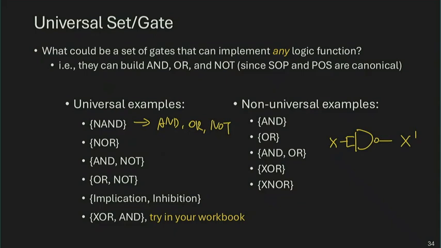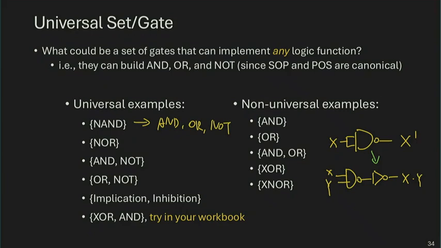And since I already know how to build an inverter, I simply need to add that NAND-based inverter to the output of a NAND gate to build an AND gate. Right? X NAND Y getting complemented, just X and Y. Right? Double inversion cancels out. And this inverter will be built based on that NAND gate as well. Right? A purely NAND-based AND gate by using two NAND gates. And finally,